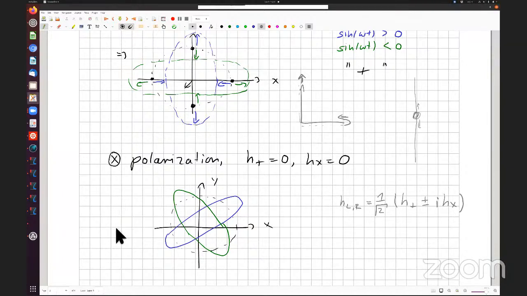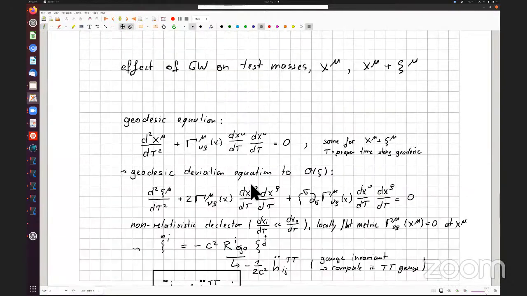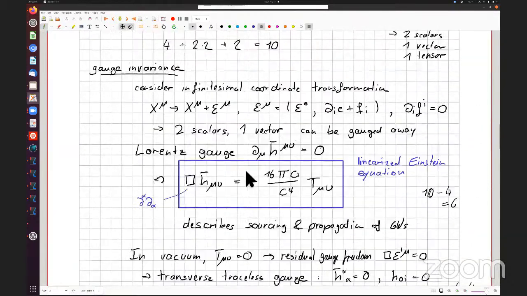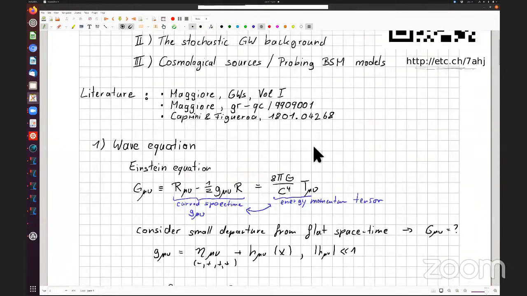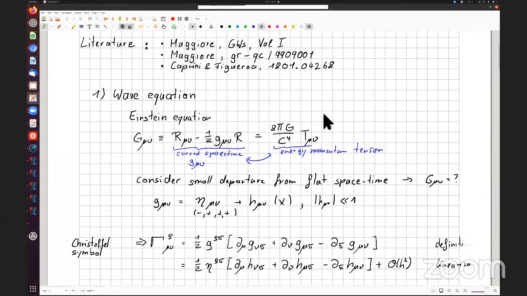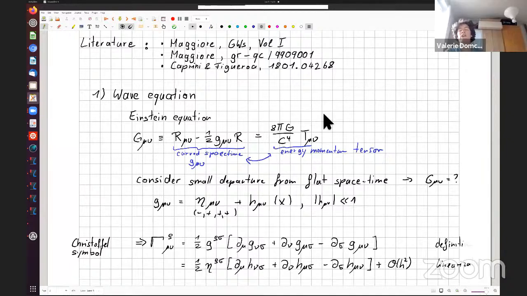Right. My question was more like, I understand, of course, there's going to be a difference at the end, the solution we get will be different, but I haven't seen how it would work. What would be the equation that we would start from? Because we started from linearizing Einstein's equation, so we have no particles in there. I guess we would have to do a QFT approach or something like that. We end up with a box operator without a mass, so we would have to modify GR, right?